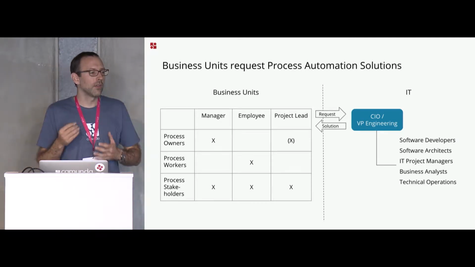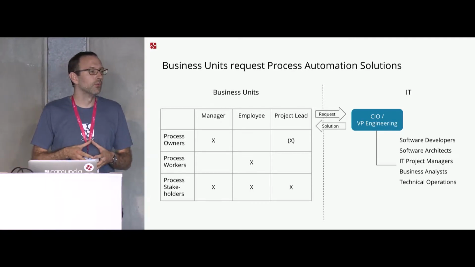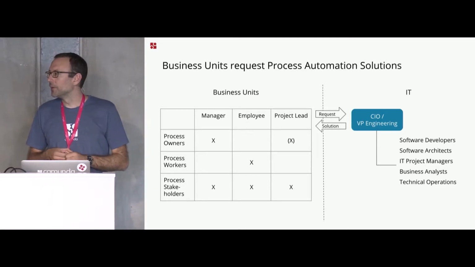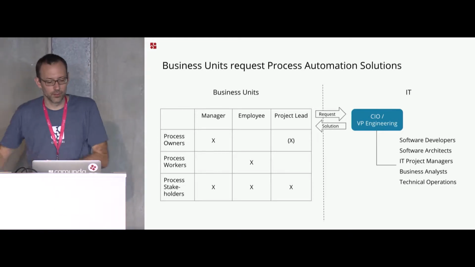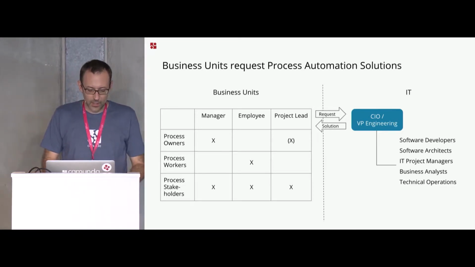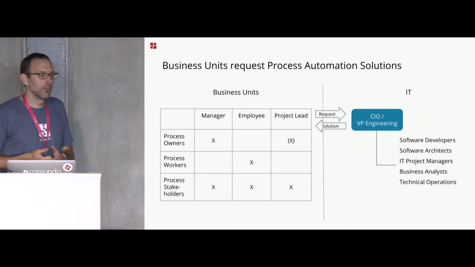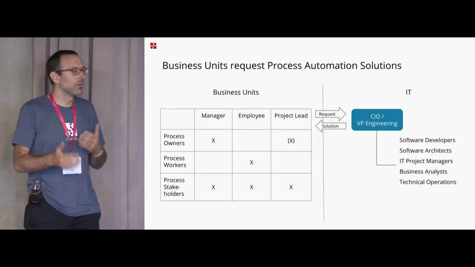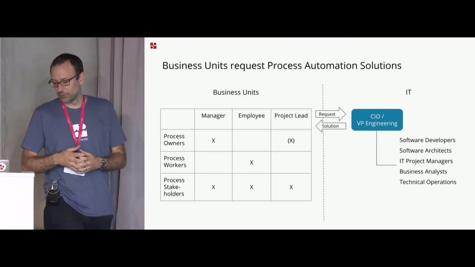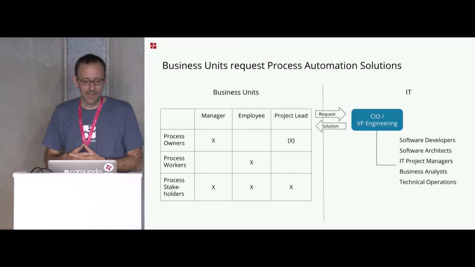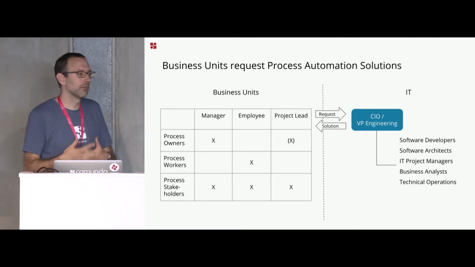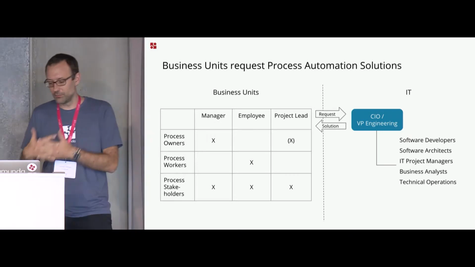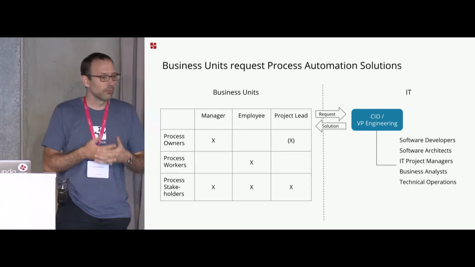The process owner is then the person responsible for this process, making sure it does the right thing, making sure it produces the correct outputs and results. We will have the process workers, so Sachbearbeiter in German, so the ones that will actually do the manual work that is part of the process. We need to involve those as well. And then we will have other stakeholders that have a stake in this process doing the right thing. It can be managers, it can be employees, it can be some sort of leads.